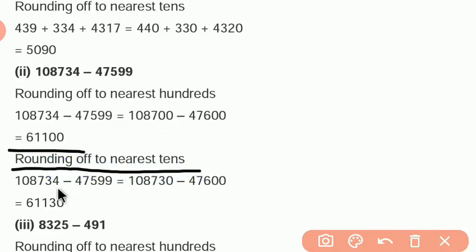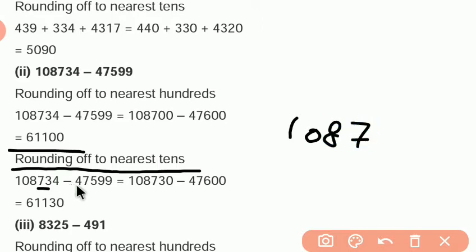Now we have to round off nearest 10 to the same question. For rounding off nearest 10, we have to see its ones digit. In 1,08,734, we have to see its ones digit, which is 4. So there will be no increase in 3. It means we have to replace only 4 by 0. So it will come as